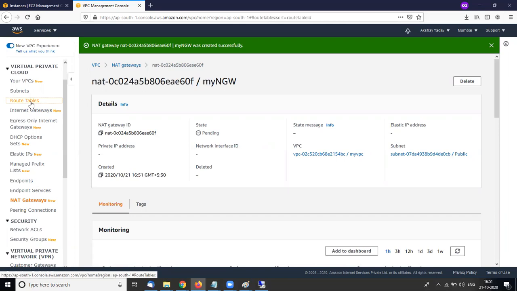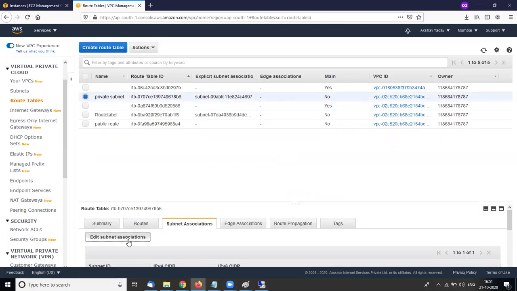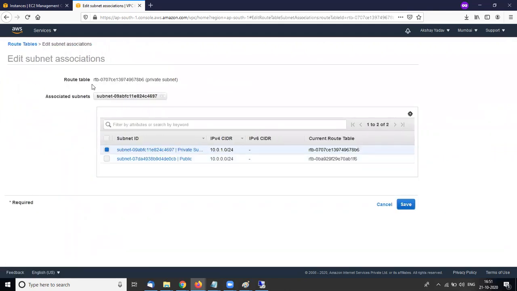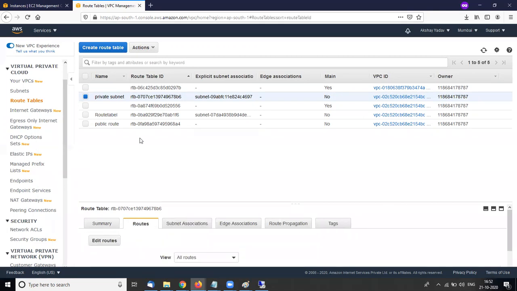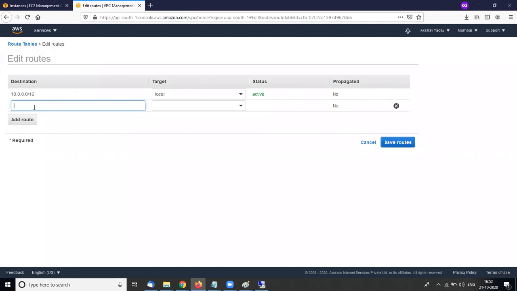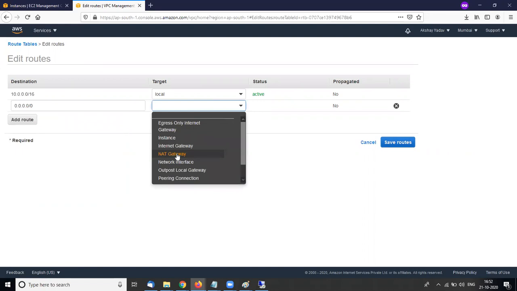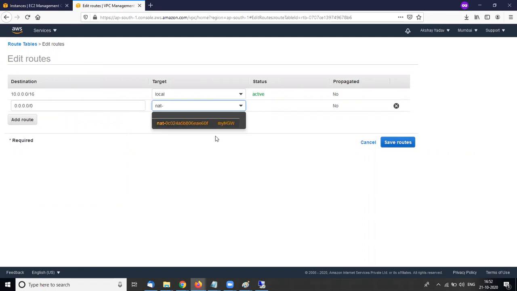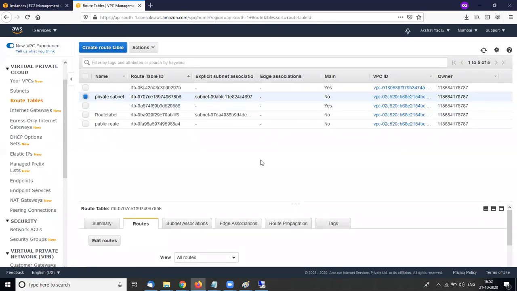So my NAT gateway is created, and in the private subnet association, the added subnet association is correct. Edit routes, add route 0.0.0.0/0 to my NAT gateway. Save routes, close.